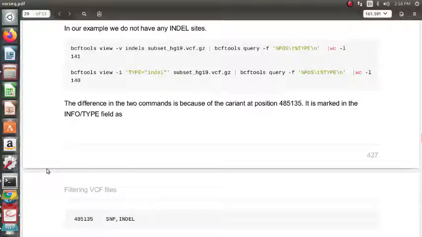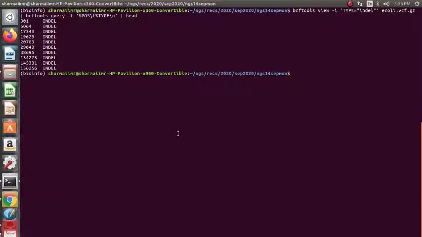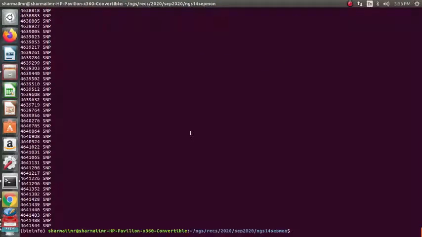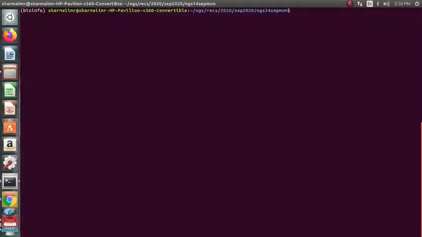Type is equal to indel. Let us check whether we can find type is equal to snp. So these are all snps, right? This way we can find out easily.